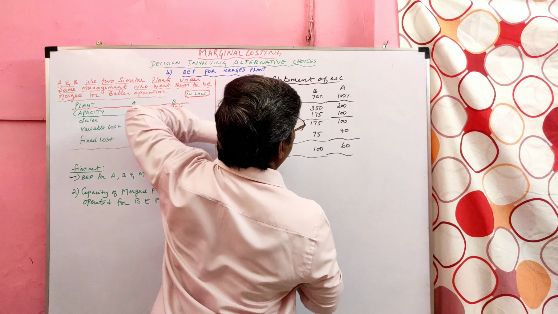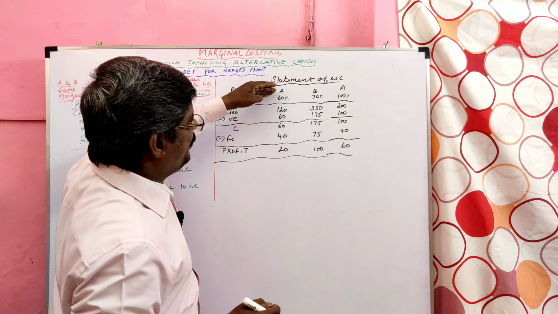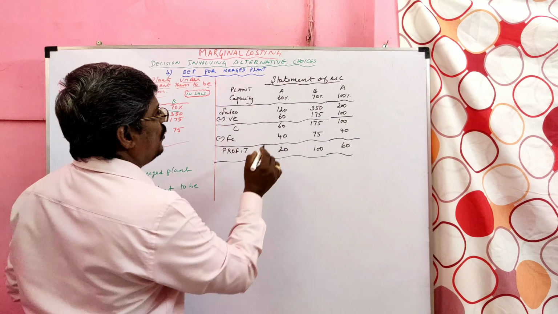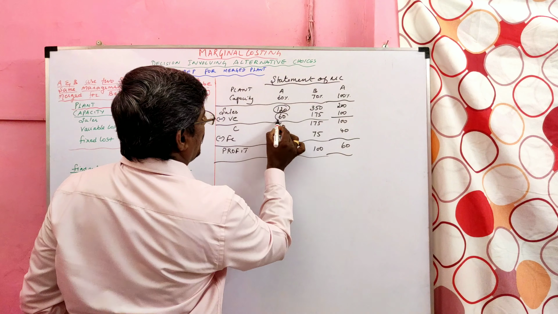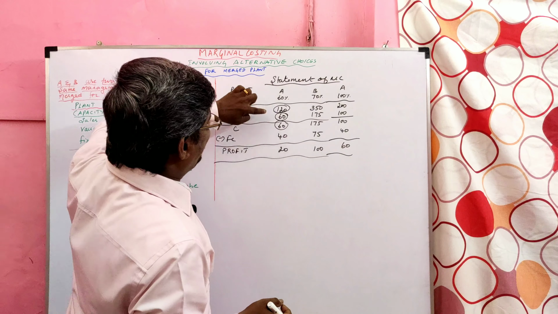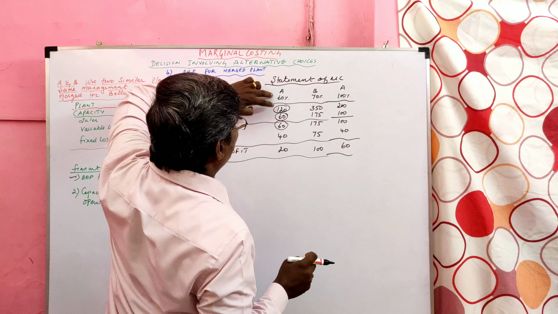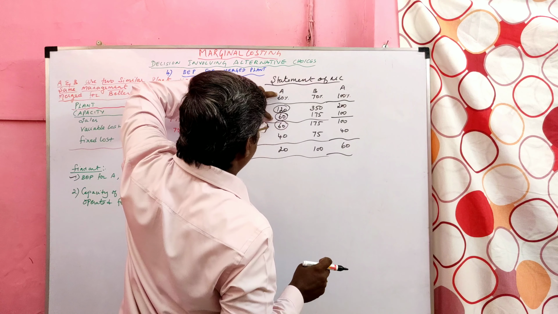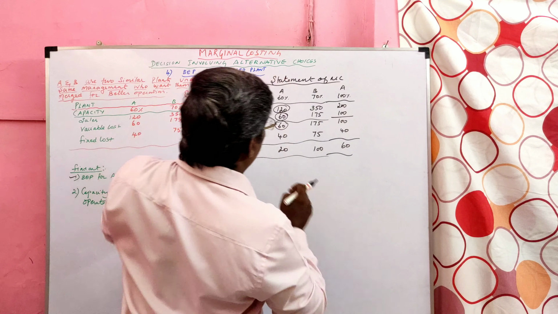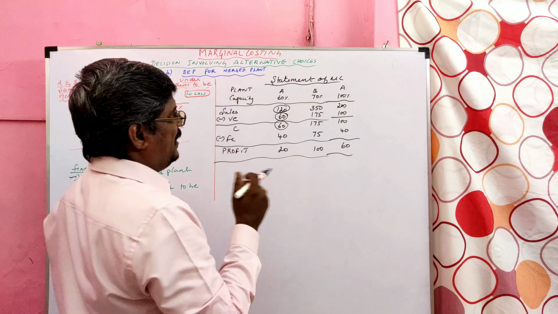So after conversion, presently it is working at 60%. We are going to convert the 60% capacity into 100%. What we have to do? We have to convert sales, variable cost and contribution. So 120 at 60%, we have to calculate for 100%. So 120 divided by 60 into 100, 60 divided by 60 into 100, and likewise for contribution. So 60% capacity is converted into 100%.